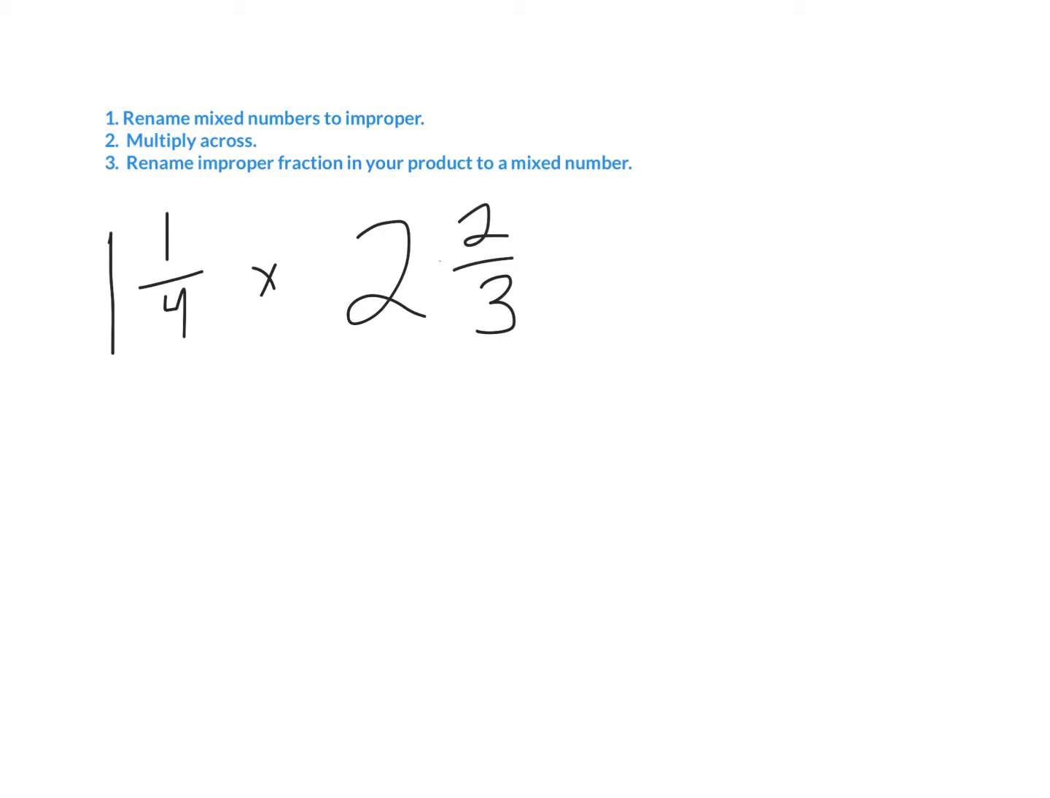earlier in this unit, we would multiply to change these mixed numbers into impropers. We would take the denominator times the whole number, and then we would add the numerator. So 1 1/4 will become 5 fourths. My second mixed number, 2 2/3, I'm going to multiply the base or the denominator times the whole number,